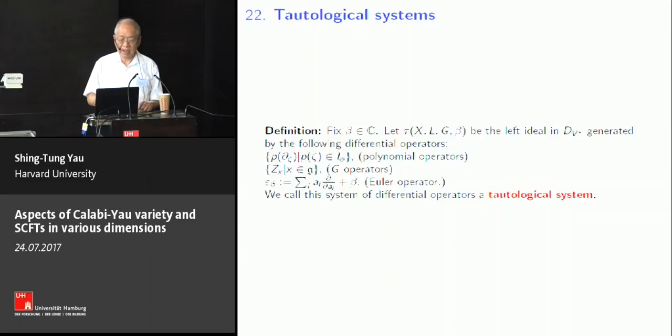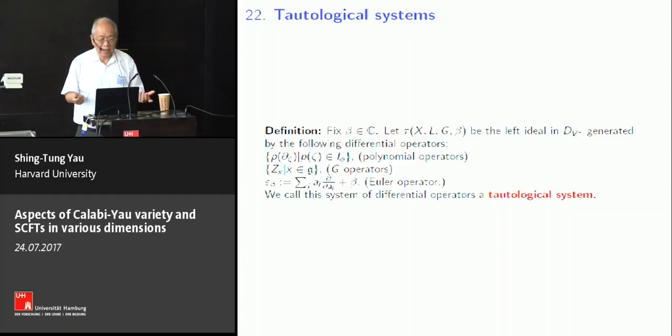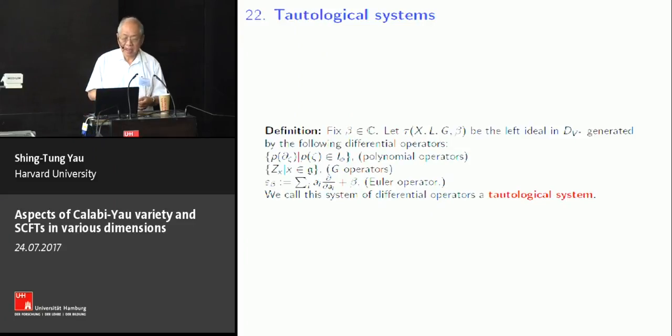It's a left ideal tau(X, L, G, beta). So X is the projective manifold like CP^n. L is a line bundle like O(3) that we just discussed. G is the PGL3 that we just discussed. And beta will be a constant, a complex number. So we look at